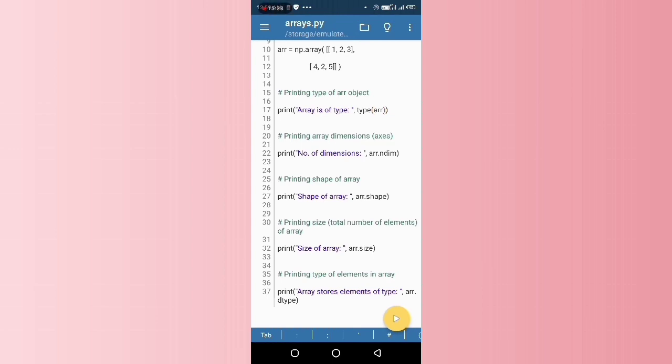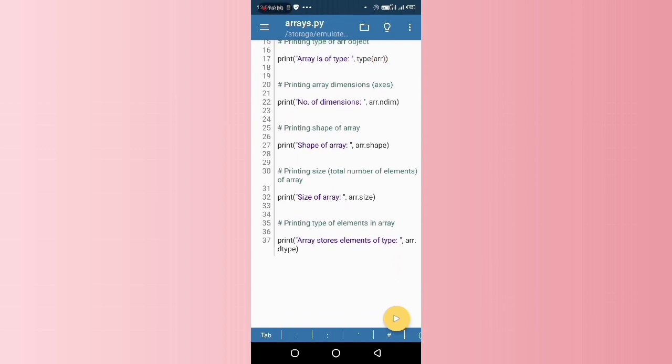So this is a 2 by 3 matrix, or a 2 by 3 array, actually a 2-dimensional array. I want to print that array. For printing, you can see the type of the array. I have just printed the type of the array. If you want to get the type of the array, you have to use the method called type, and you need to give the name of the array for that.